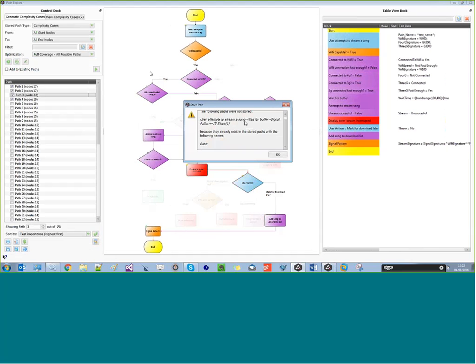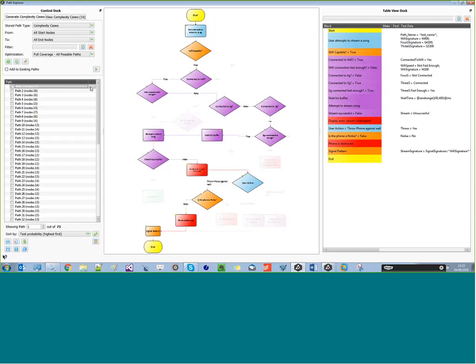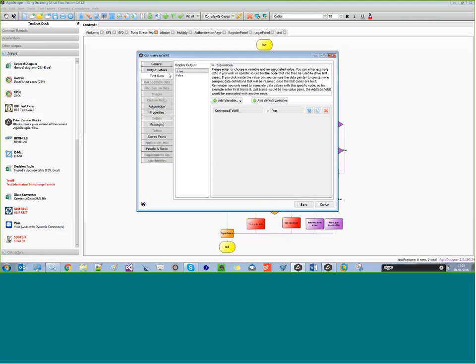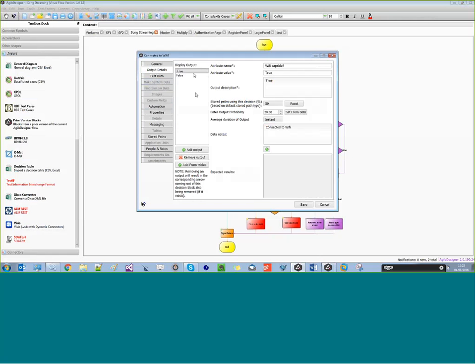And one of them wasn't stored because it was already included in the 7 that I'd already got. So I've now added 3 additional ones, and I'm up to 10. Now I might say, okay, well, I also want, say, the 10 most probable paths. And it works in a similar way. Probability is another attribute that, in the very latest versions, you can set based on the output. So I can say if going down true happens 20% of the time or 50% of the time, whatever it